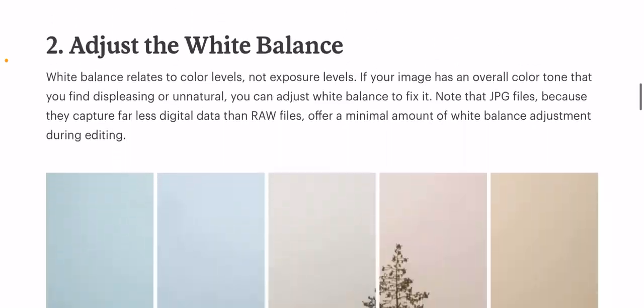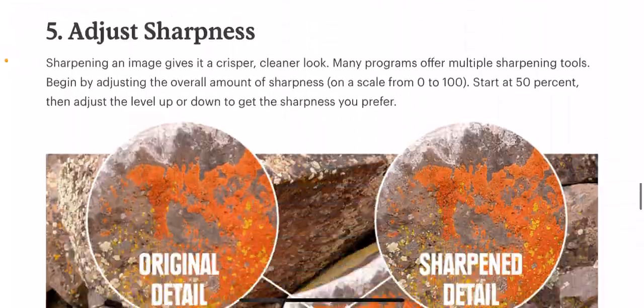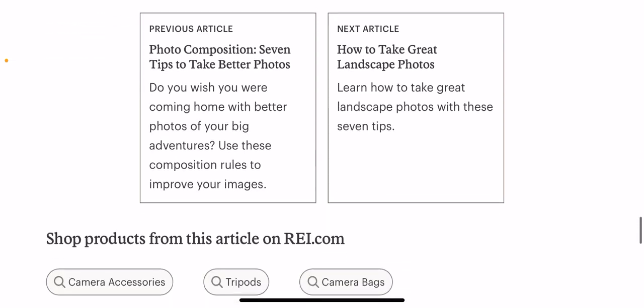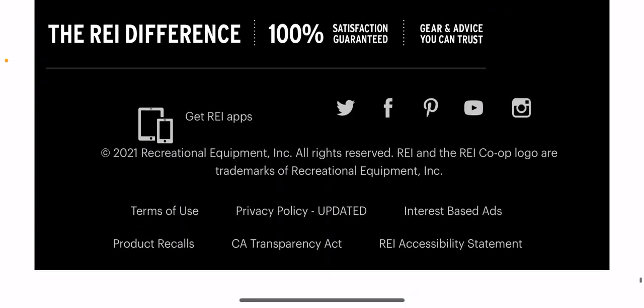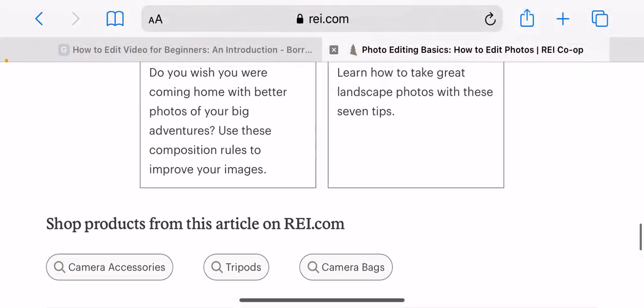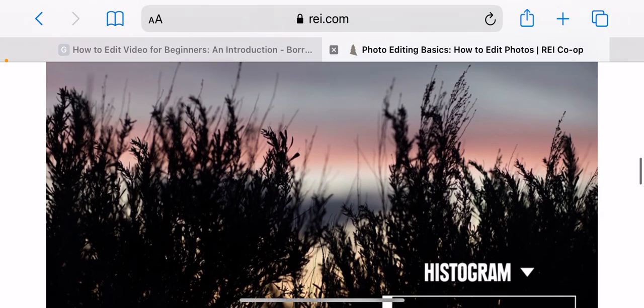Most editing programs let you pick from preset modes like flash, daylight, or cloudy to better calibrate the image for the lighting conditions when it was shot. In addition, many have both a temperature and a tint slider that you can fiddle with to fine tune the overall lighting cast on the image.